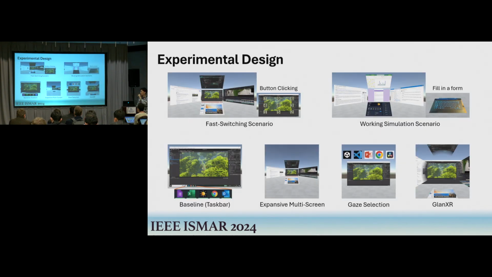About our experimental design, we applied 2 different scenarios: a fast switching scenario and a working simulation scenario. For the fast switching scenario, we made the participants switch between the screens in a fast manner, and the task was to click on buttons. These buttons are randomly assigned and attached to all those screens, and the participants have to click on them